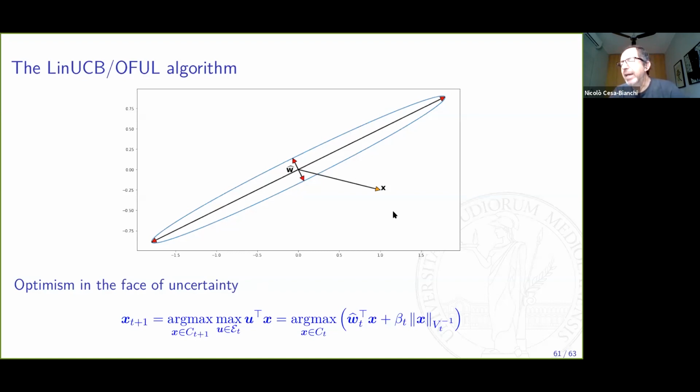What is the reason? If you have no knowledge, you should definitely choose the option that looks best given the current knowledge that you have, once you take into account the variance in your decision. So optimism in the face of uncertainty means that